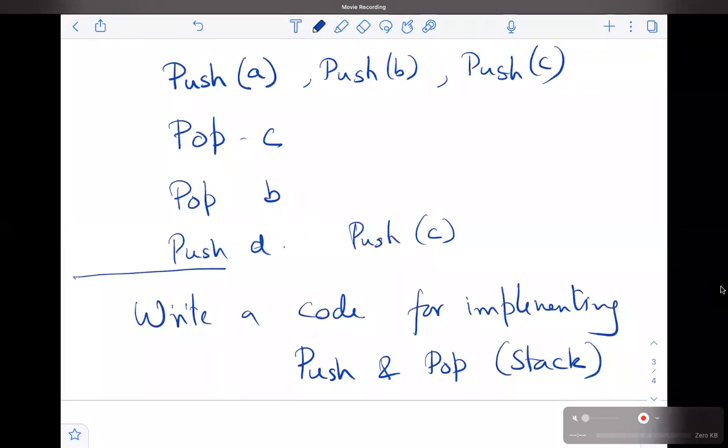So we have done this in the lab for CSP. Okay, so if you have done it, then very good. If not, you can do it again. Okay, so I will show you how you can use this stack to implement this